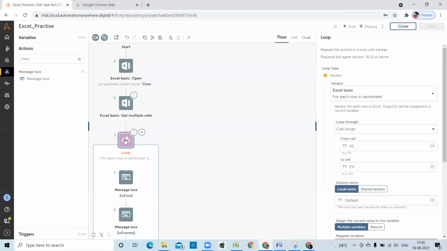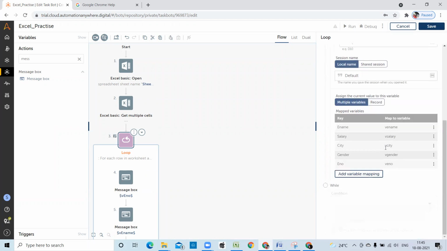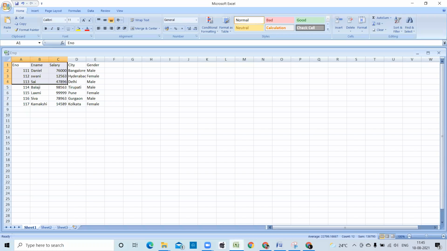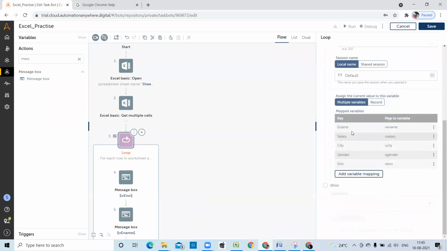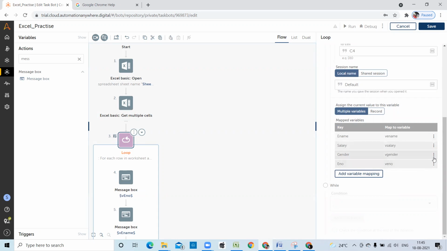I'm going to the loop. Now I am selecting here A to C. A, B, C means employee number, employee name, salary. City we don't need, right? Delete. Gender we don't need, right? Delete.